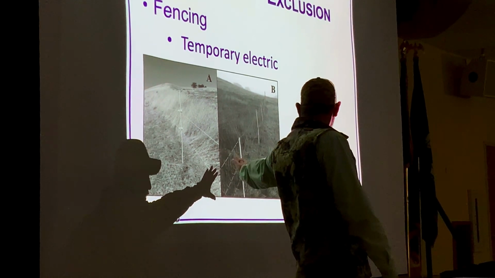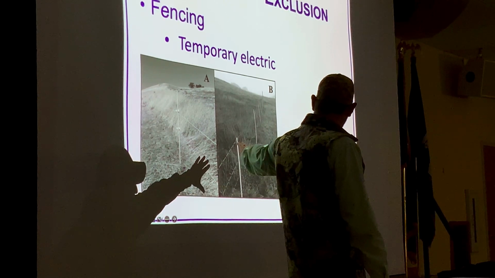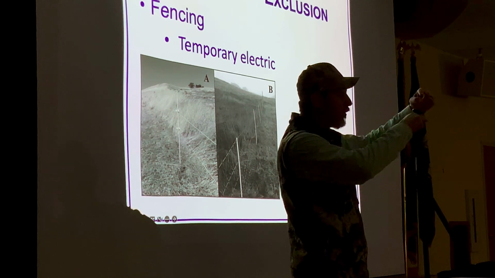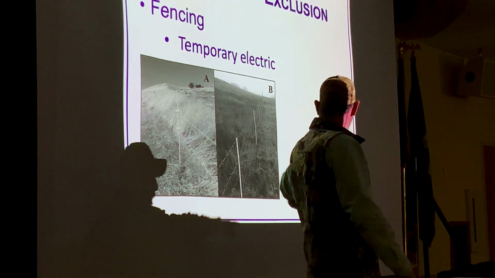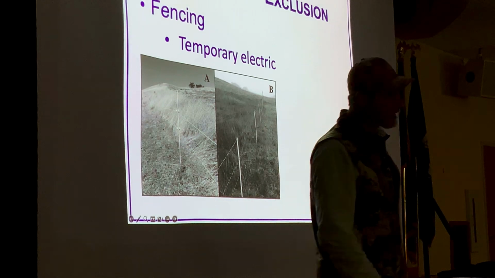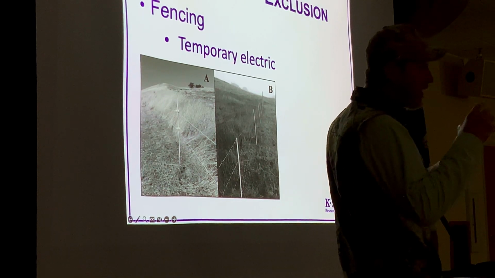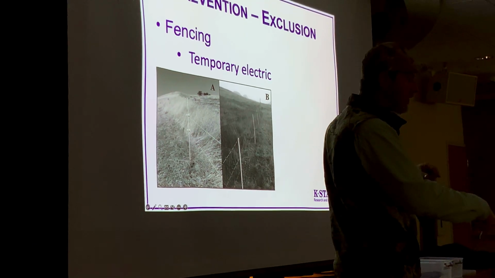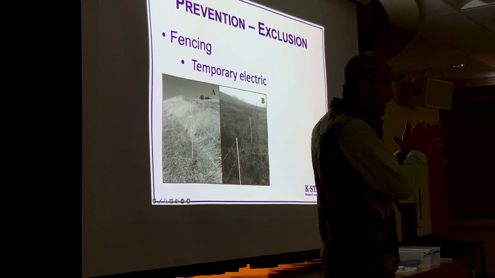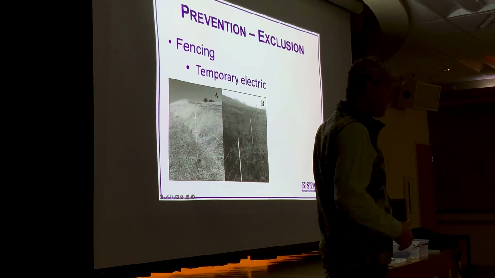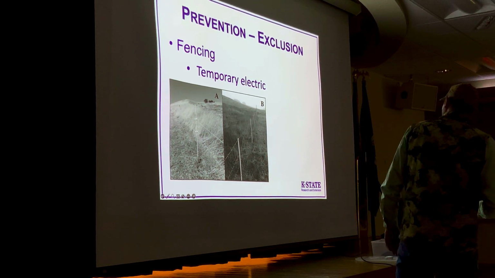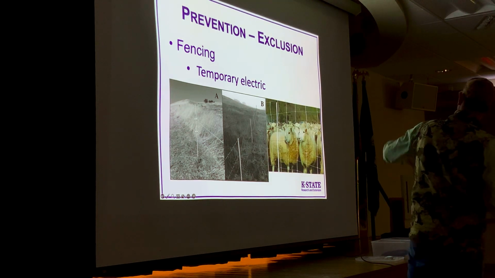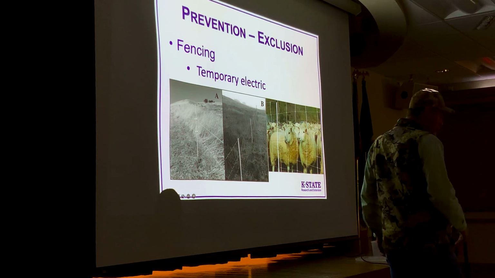And if somebody's looking for a cheaper option, you can take that poly wire and get your wires a whole lot closer together toward the bottom, like they are here, and then they can get wider at the top. And in that situation, you want to alternate ground and hot wires. You don't want to try and count on the ground to ground that coyote out. You want him to touch 2 wires and get a pop no matter what, unless you just have way too much vegetation going through there. But you can use some cheaper materials, and then that poly mesh stuff that they're making now works pretty good.